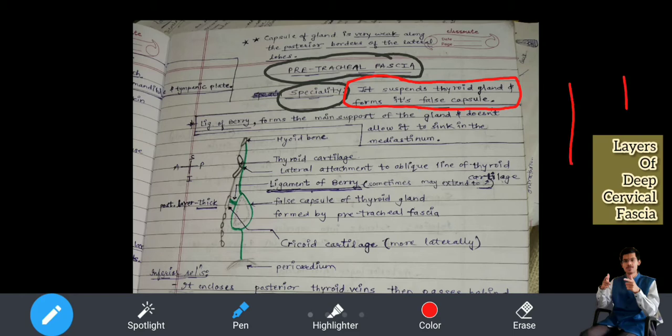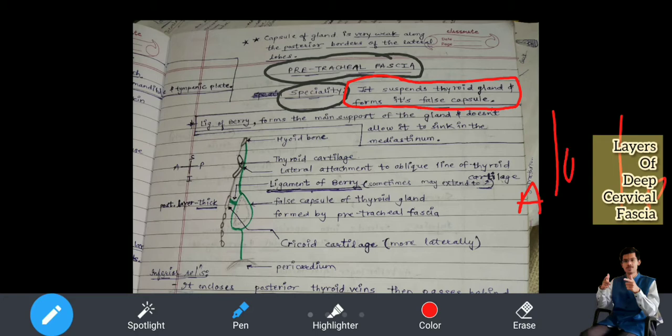See, if this is the neck, there are no compartments like this, and there are no fasciae forming a floor like this. This is all in continuation. All fasciae run this way. Either they go and merge with some structure, like you will see with the buccopharyngeal fascia and prevertebral fascia. But here you need to understand, see, I'll draw it for you. If this is the neck, this is the anterior aspect of the neck, this is the posterior aspect.